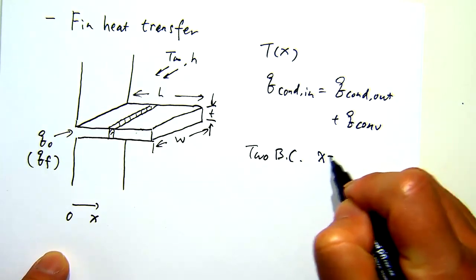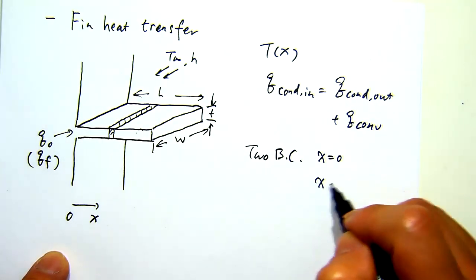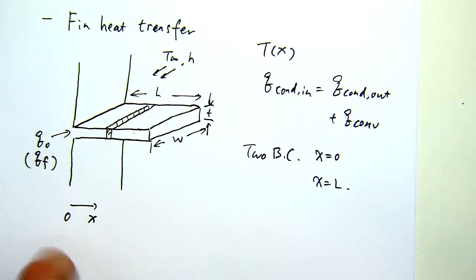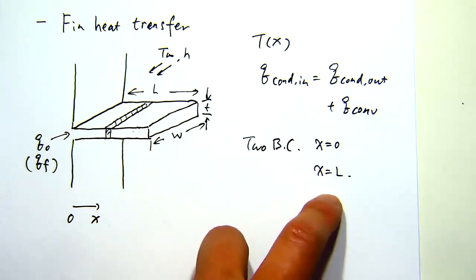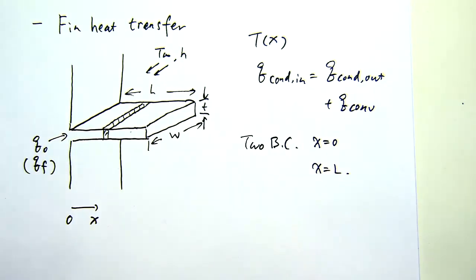One is x equals 0, and one is x equals L. Right? At x equals 0, you can consider it a given, where the temperature equals the base temperature. And at x equals L, as the tip, we have 4 conditions. We discuss them